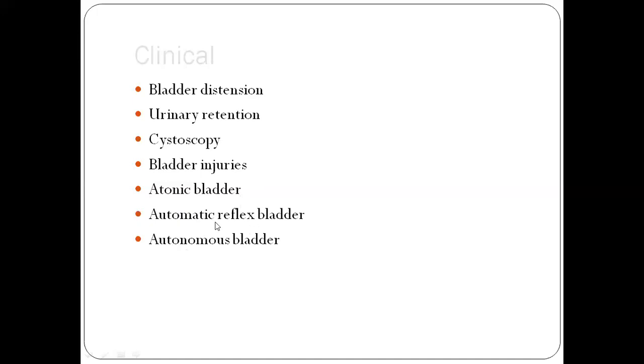When the damage occurs at the S2, S3, S4 level, the bladder becomes flaccid, and it is not under the influence of the spinal cord and the brain. So in this condition, if this is a permanent damage, the bladder becomes flaccid, and the sphincter vesicae and external urethral sphincter become relaxed. So whenever it becomes filled, it overflows by itself, and the urine also goes through back pressure into the ureters and the kidney, and causes repeated urinary tract infection. So this is a permanent damage.